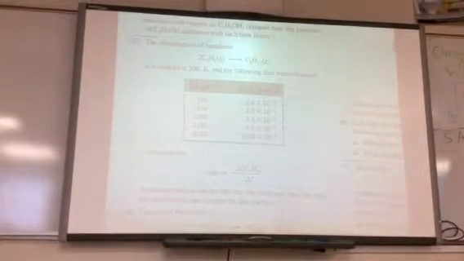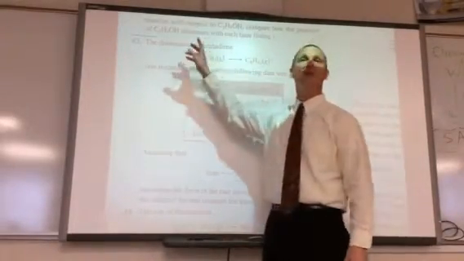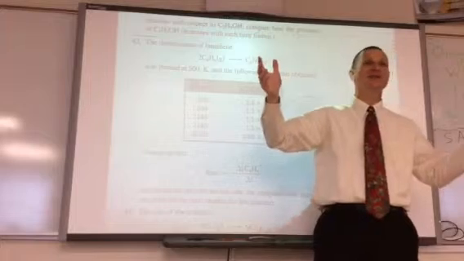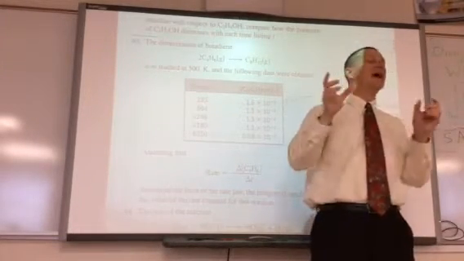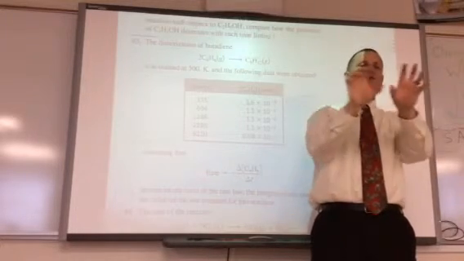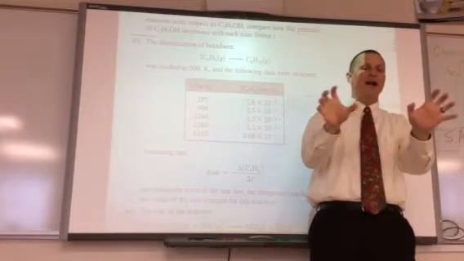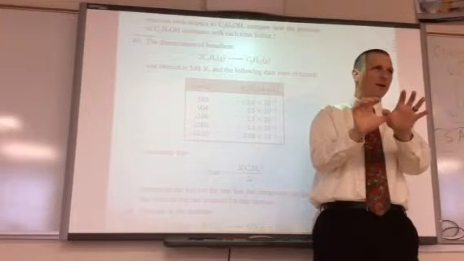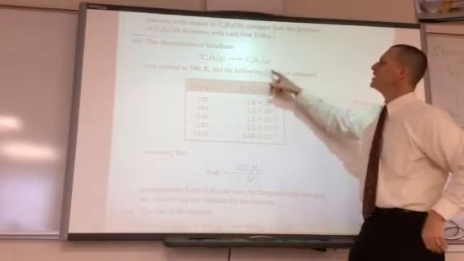It says the dimerization of butadiene, which is C4H6. Dimerization. You remember polymerization? Those were the good old days, weren't they? A dimer is where you have two monomer molecules and they just join together. It's on the way to being a polymer, but they'll just join together. And when you have two monomers that join together, it's called a dimer. One of those dumb chemistry words that they come up with. So this reaction